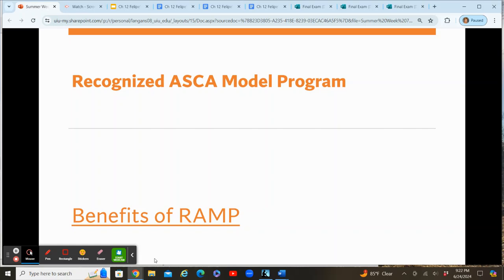And RAMP is the Recognized ASCA Model Program, which is a wonderful program. We were never RAMP certified, but Becky Lenz, who teaches the school counseling program, is RAMP certified. She has re-ramped. I think this is her third time that she's done this. It includes all the components of the ASCA Model. And it's something that I would encourage all of you at some point in your careers to apply for,